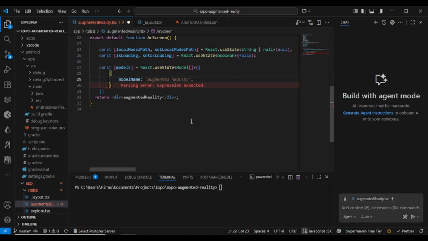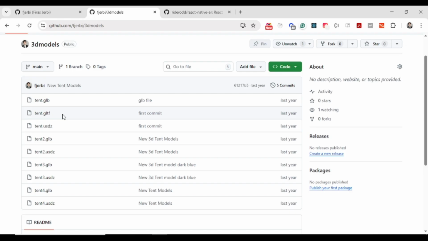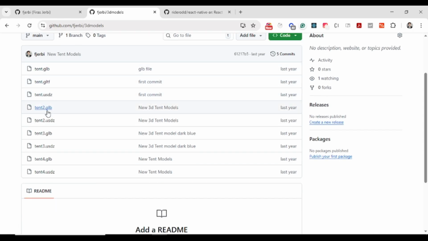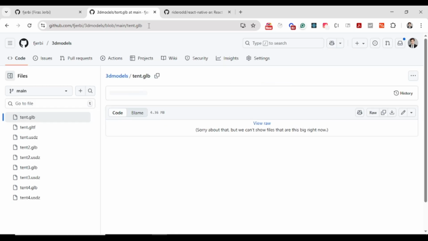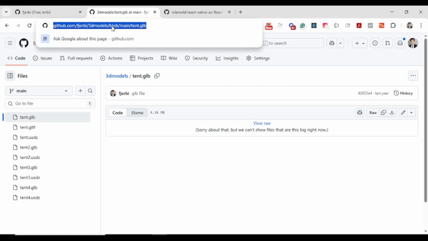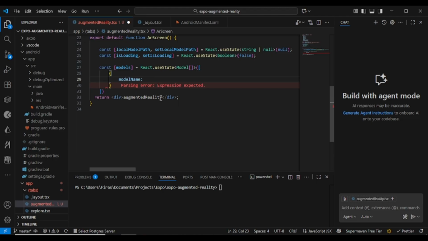I already have a couple of 3D models here. You can use them if you want. There are a couple of tents. It was in one of my old projects. We'll be using GLB files because they are the most stable ones. There are others, GLTF and this one USDZ. They're not stable. I tried them. The most stable one is GLB. So what we'll be doing is to simply copy this link, and